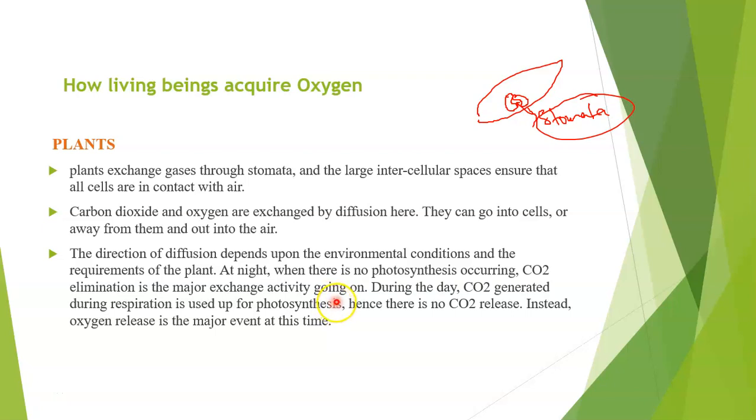ठीक है, so when we compare, there will be more amount of carbon dioxide getting released rather than oxygen. Okay, and during daytime CO2 is generated during respiration. ठीक है, so plants जो होता है वो photosynthesis करता है, and photosynthesis में जो एक requirement, raw material होता है वो होता है CO2, and CO2 the plants get by the respiration of different organisms. ठीक है, तो CO2 जो होता है वो उस टाइम डे टाइम में प्लांट यूटिलाइज करता है, and O2